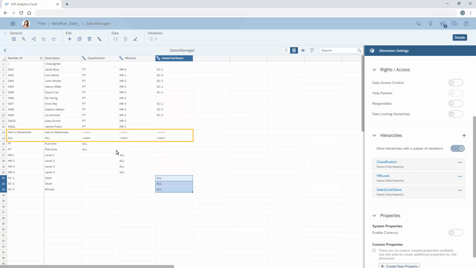Notice that the Not in Hierarchies and All members are at the root of all three hierarchies, but the parent members are part of only their own hierarchies. Also, in the sales club status hierarchy, not all the sales managers have a parent assigned. This is possible because the Allow Hierarchies with a subset of members toggle is automatically turned on when we create